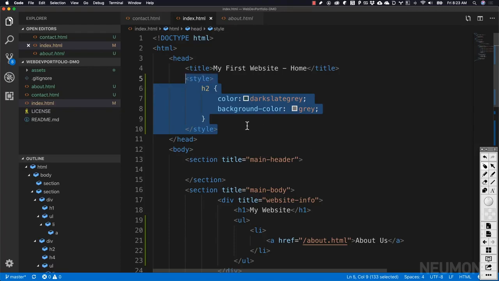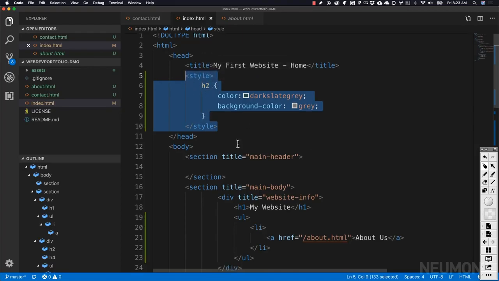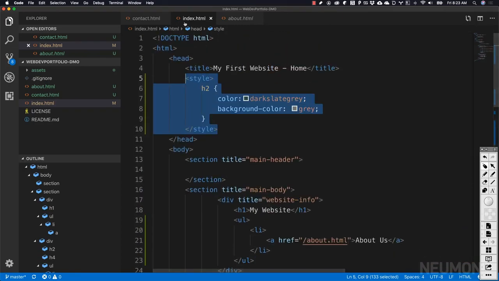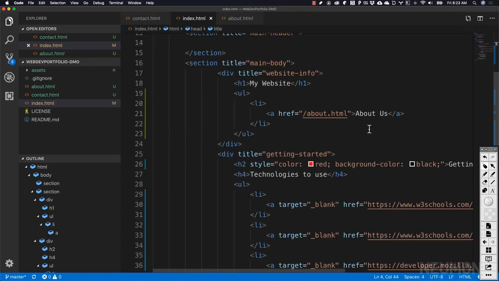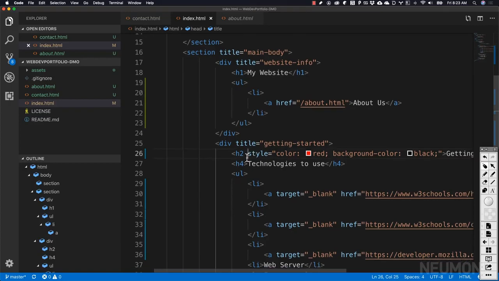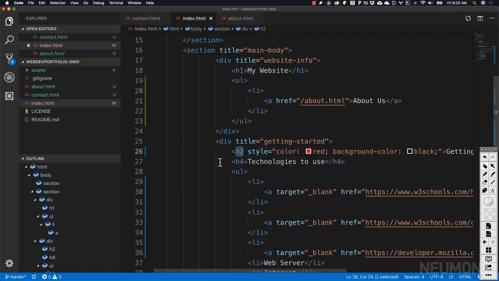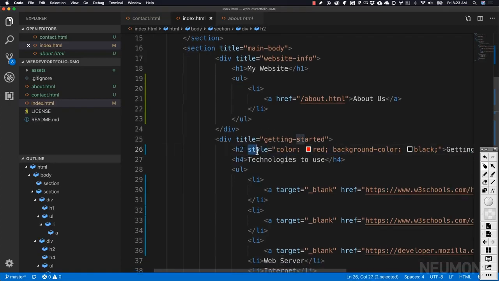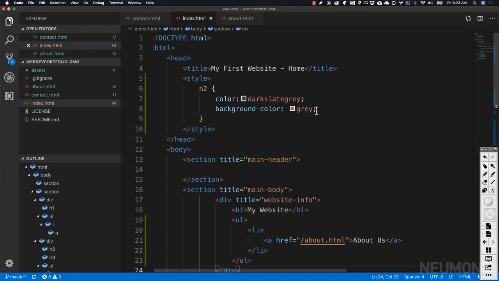Now again, these internal styles are specific only to H2 elements inside of this page, which happens to be the index.html, and this inline style is specific only to this one H2 element on which that style attribute was invoked. So if we go back to our website,